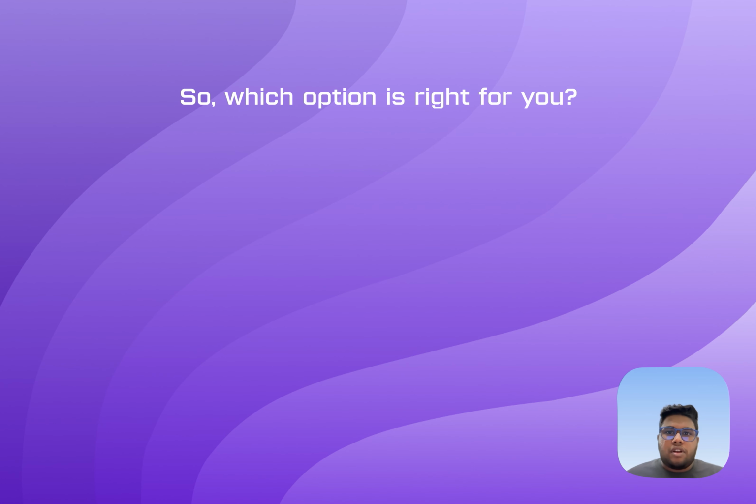So now that we have covered all of the AI agent hosting options, let's analyze and see which option is the best for you. Replit is best for learning and prototyping. If you're just starting out with AgentKit, Replit is the best platform to learn and prototype AgentKit AI agents. Setup time is just around 5 minutes, but it's definitely not production ready. So Replit is best for learning and prototyping, but it's not for production ready AI agents.